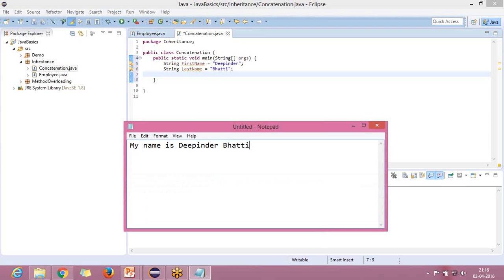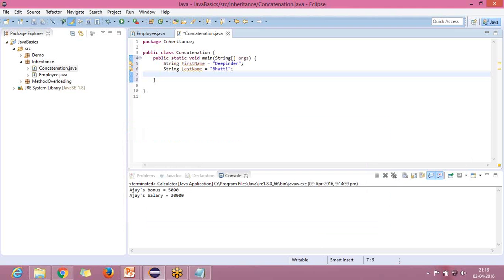this is the kind of output which I want. So how can we do it? Just write System.out.println, and in the brackets, write my name is. This is the thing which will be printed as it is. Now the value of Dipinder,